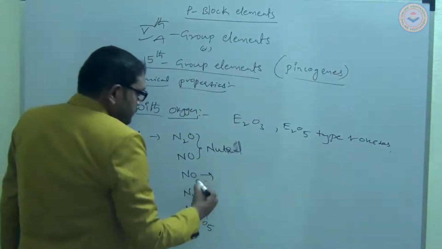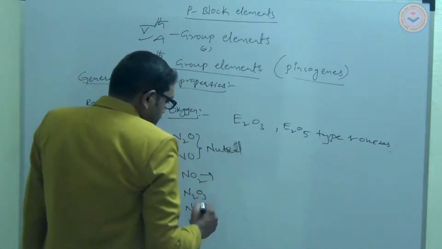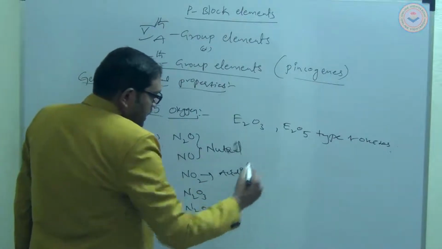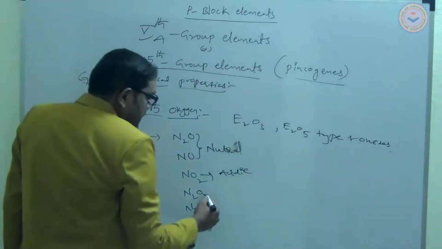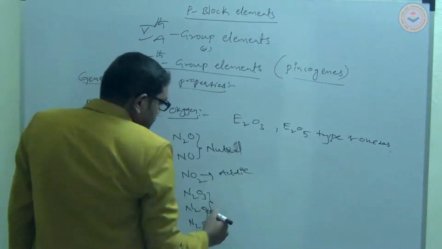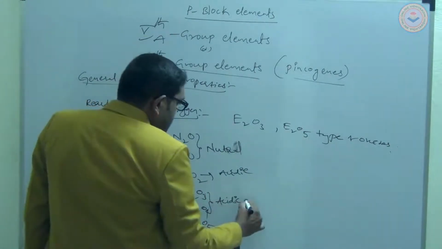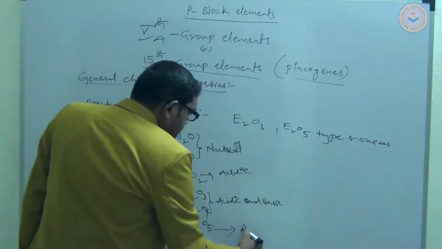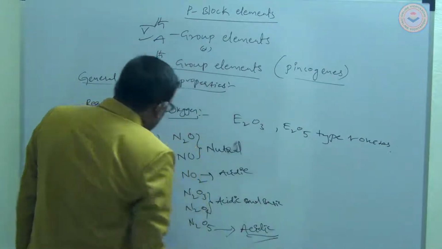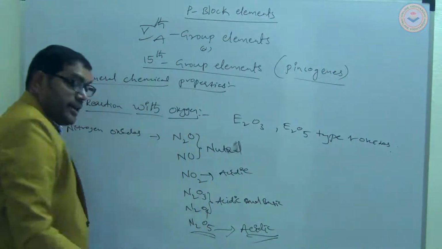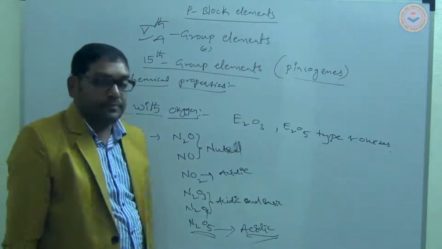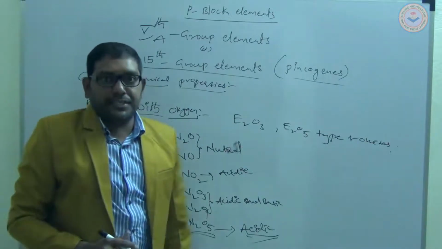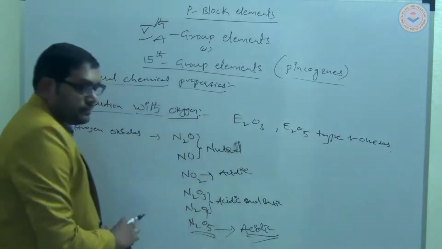NO2 is nitrogen dioxide, and N2O4 as well; both are acidic oxides. N2O3 and N2O4 are acidic and basic. N2O5 is only acidic, strongly acidic. The most acidic oxide among nitrogen oxides is N2O5. As the number of oxygens increases for a given element, its acidic nature increases. And here, except nitrogen,